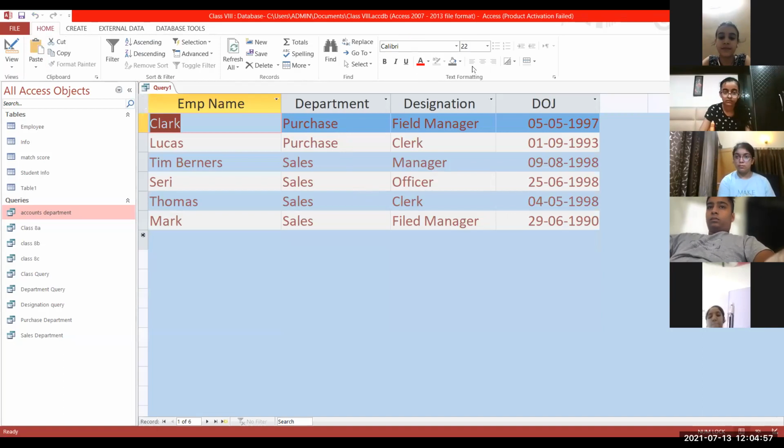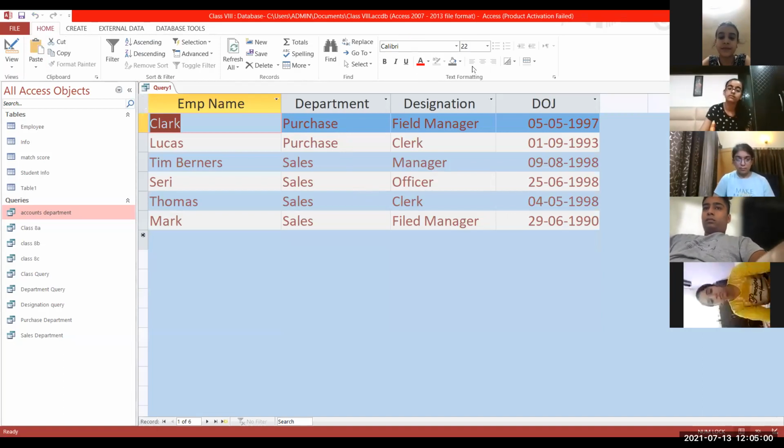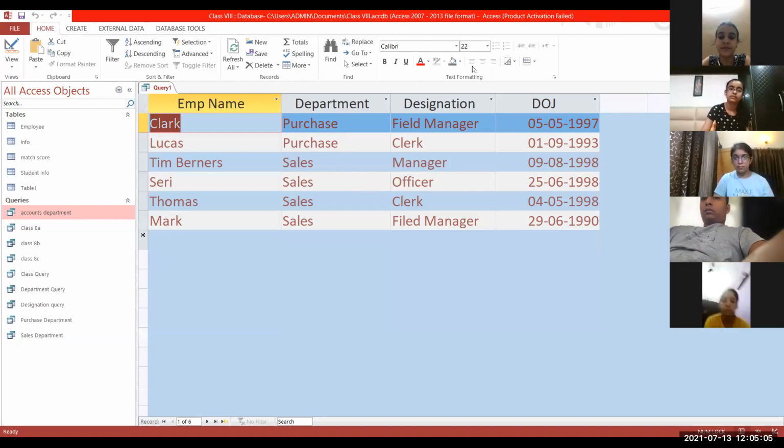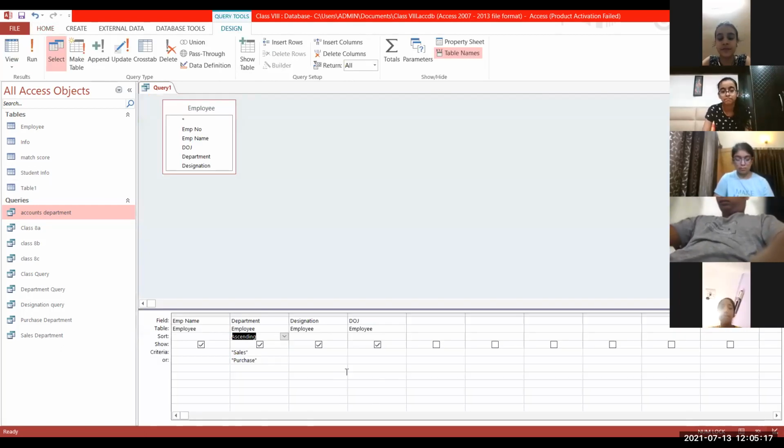When you want to enter multiple conditions, whether this should be true or the other condition should be true, if any one of the conditions is true, matches the criteria, matches the data in the cells, it will display the records. Okay, this is an OR query. Similarly, we can also enter the AND query. AND means both conditions should be satisfied. OR means any one should be satisfied. AND means both conditions should be satisfied. Only then will it display the result.